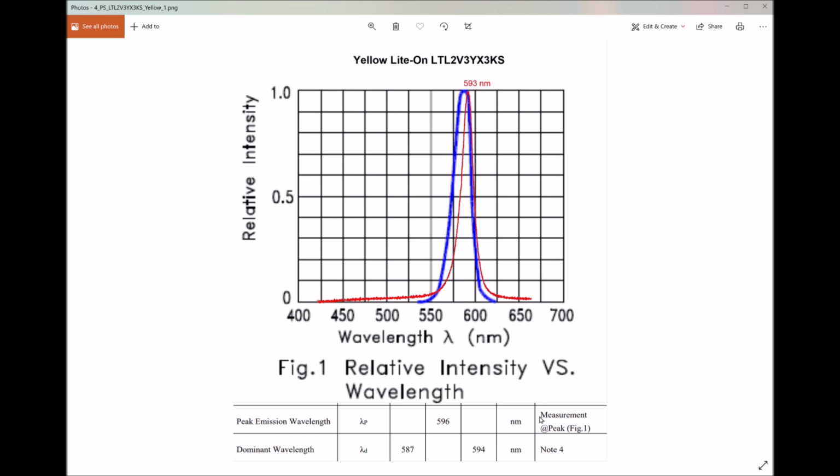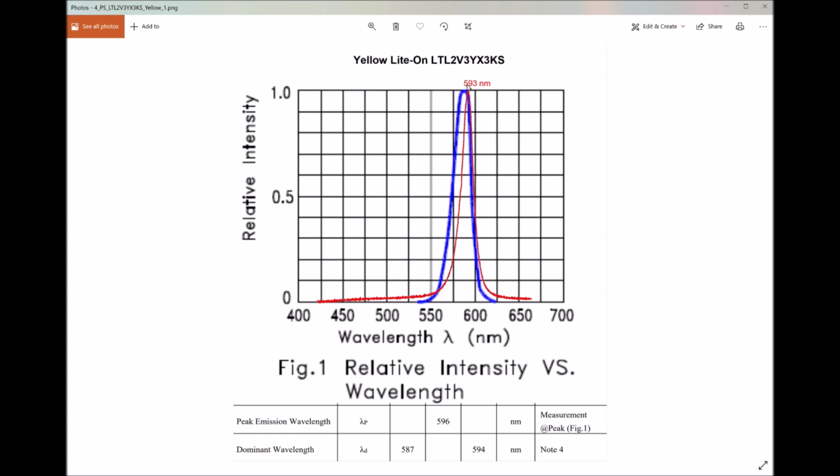And if we look at a table that I took from the same data sheet, we find that it gives peak emission wavelength and the dominant wavelength. Now, the peak emission wavelength is the wavelength where the emission spectrum reaches its maximum as detected by a photosensor, like we're doing. And the dominant wavelength is the single wavelength perceived as maximum by the human eye. So the LED, as you can see, has some spread here, and our eyes, our brains can turn those multiple wavelengths into a single color,